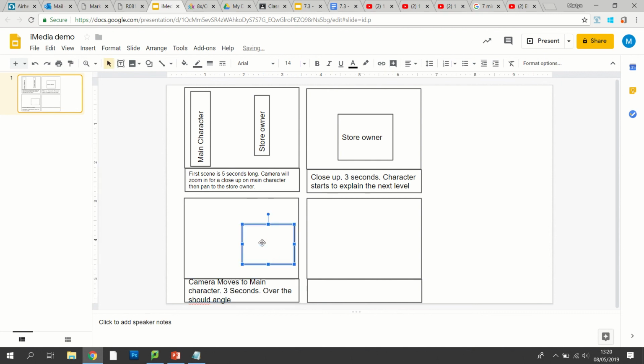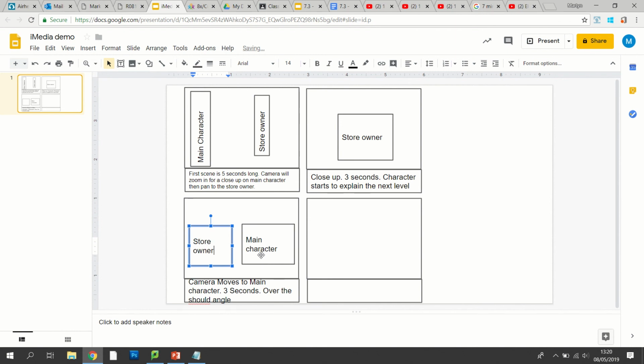So this is the main character, and this is the store owner. Now, in my head, what I'm thinking here is that this is the back of the store owner. So I might want to put something in there that tells me that. Back of store owner's head, perhaps, because it is still quite close. I'm going to need to make that text a little smaller. Okay, so 5, 8, 11.